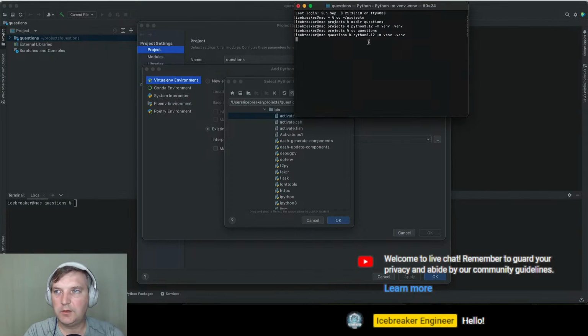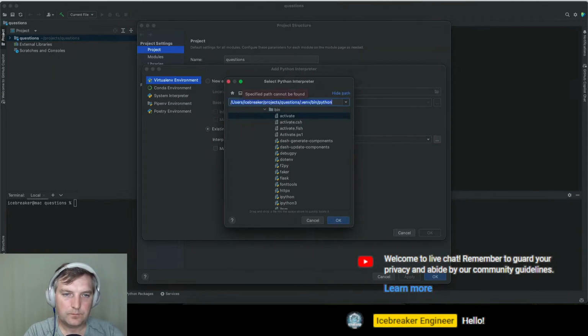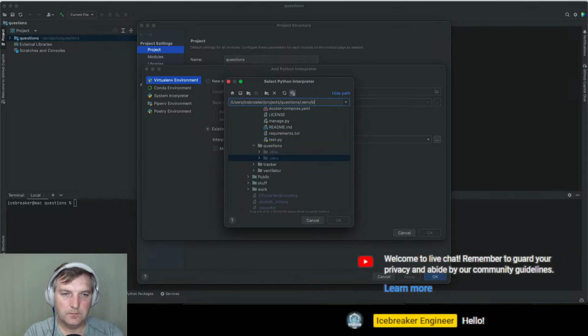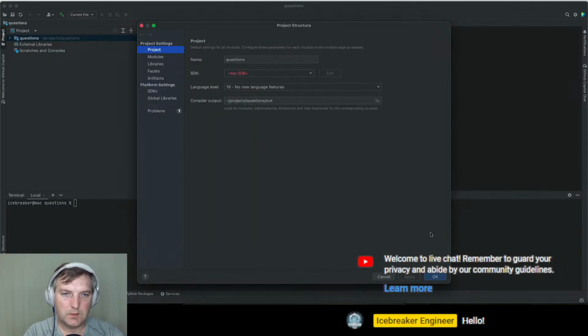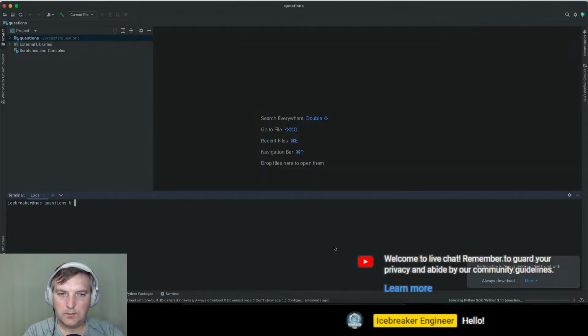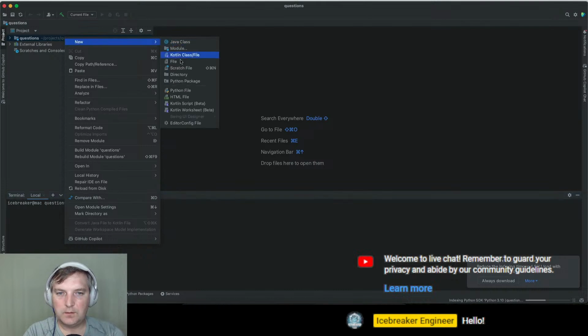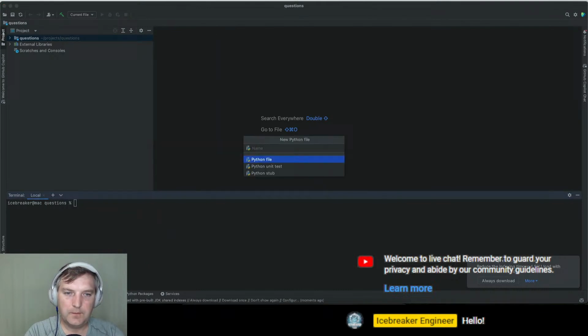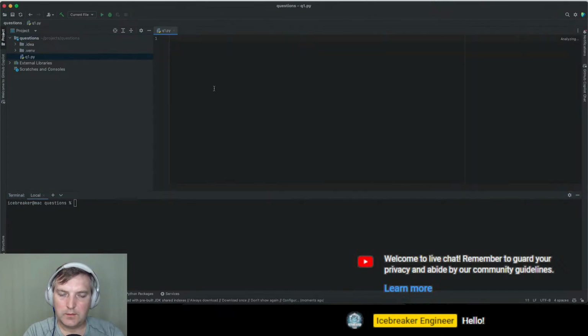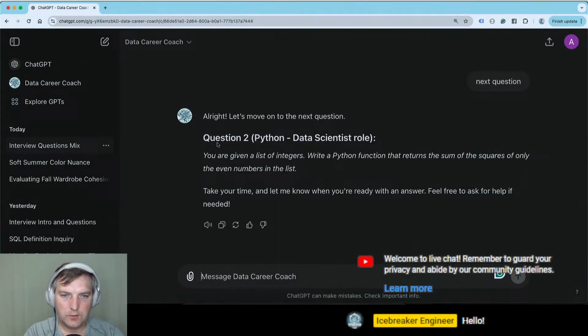I created the virtual environment in the root directory, not in the project. Bin Python, that's good. Let's apply, perfect. So, Python file q1. Okay, so what are they asking for?